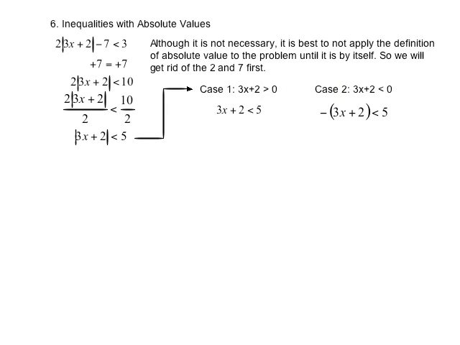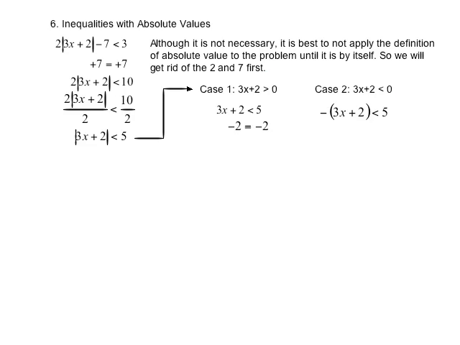Okay, by applying the definition to both cases, in the first one, since it's positive, the absolute value doesn't affect a positive number. But in case 2, where we're considering the inside to be negative, then we have to put a negative outside, so a negative will be a positive. So now we have two inequalities that don't have absolute value signs anymore. So now we can just solve them like we know how to solve inequality problems. So one on the left,